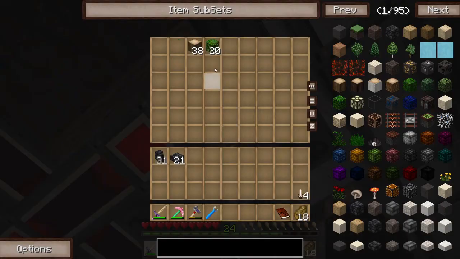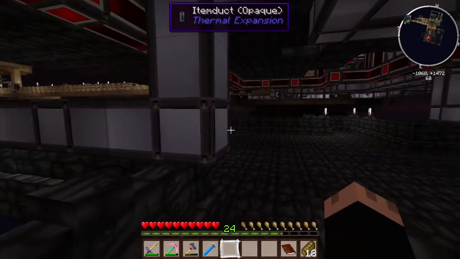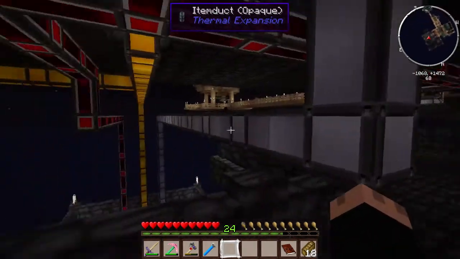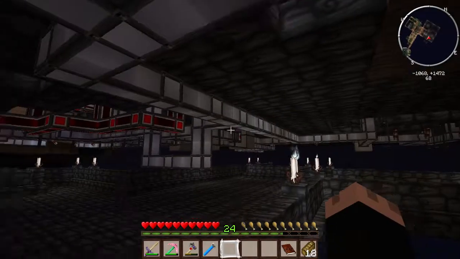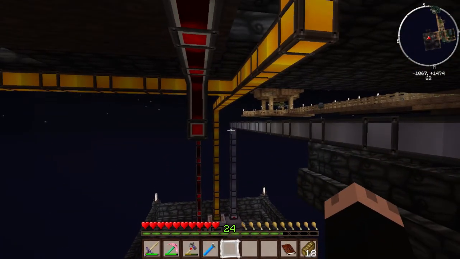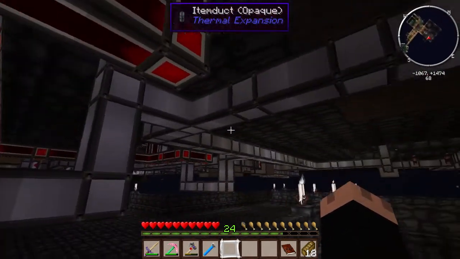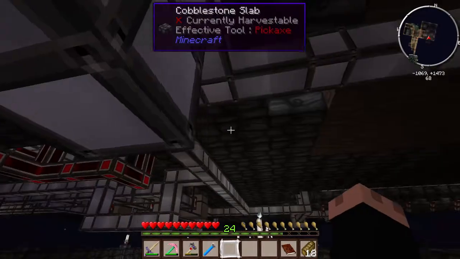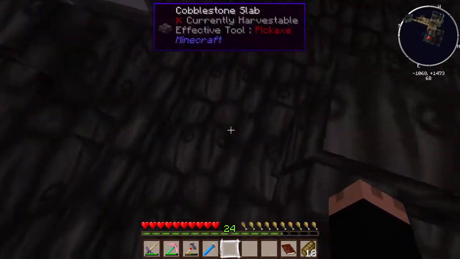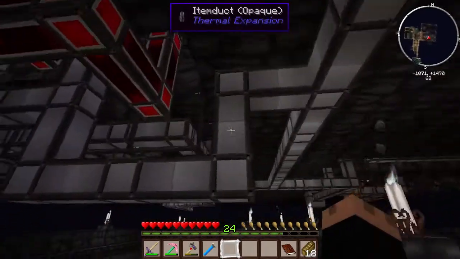This one is the one that gets leaf blocks and wood, and it outputs this way. This line there, that's coming from the sludge boiler. That's got things like dirt, netherrack, soul sand, sand, and other such stuff. And basically, I just hooked all this stuff, if I can get by, I just hooked all this stuff into...